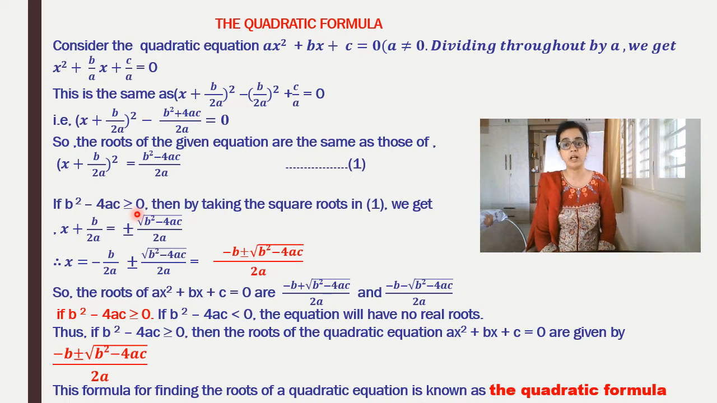These are the two roots only when the condition is that b squared minus 4ac should be greater than or equal to 0. The other condition is that if b squared minus 4ac is less than 0, then we will not have any real roots. Understand? So there will not be any real roots. So the quadratic formula is for the